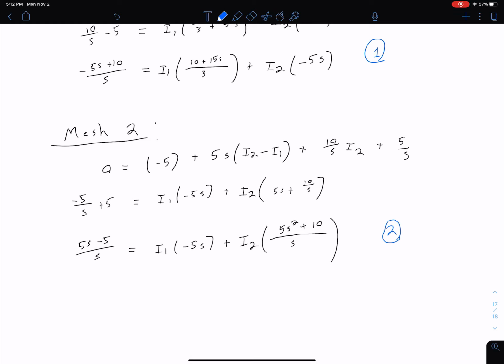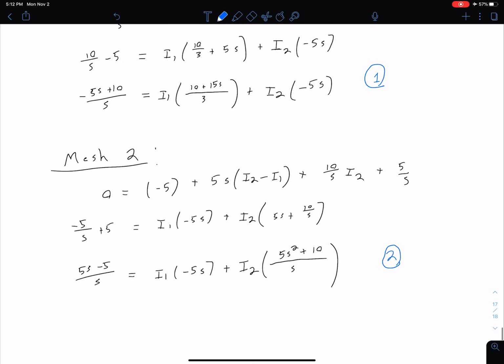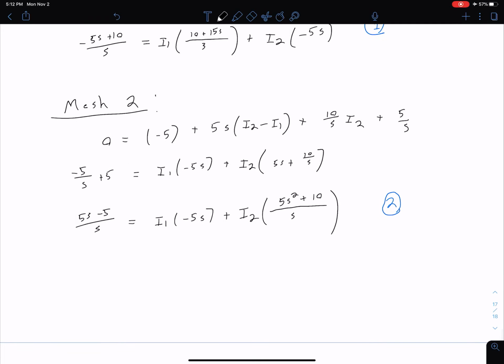And so I'm going to put a couple videos up that show how to go through and solve these two equations using Cramer's method. But basically, because we don't have numbers like we saw earlier with our systems of equations for node voltage method and mesh current analysis, we can't necessarily just plug this into our matrix method in a standard calculator. Some more advanced calculators and software can do that, and so I'm going to have another video showing that. But for the moment, let's just skip past that step and say we've solved for I1 and